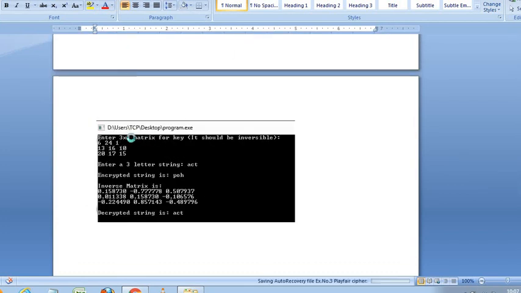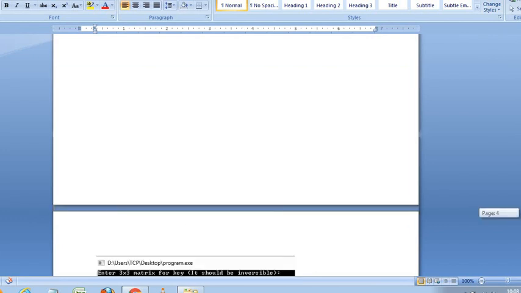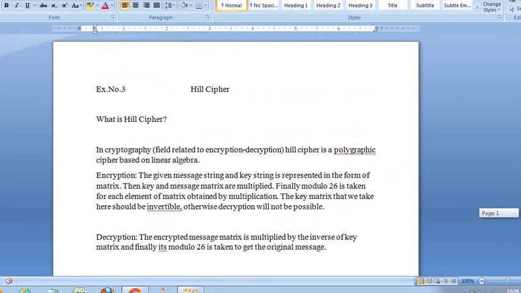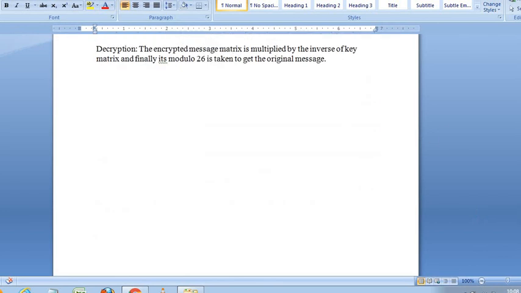So this is what the output tells. We are going to give a 3 by 3 key matrix and a 3 letter string. The 3 letter string is ACT. We are taking the ACT, as I already mentioned above. That multiplication will occur and we will get POH. After getting POH, the inverse matrix will produce results like this. It will be multiplied with the POH and the mod will be taken. After taking mod 26, we will get the answer as ACT. The full example I presented above in the lecture five minutes earlier.